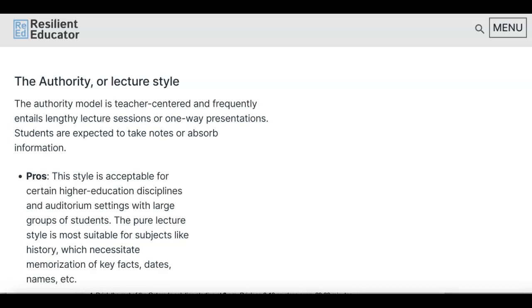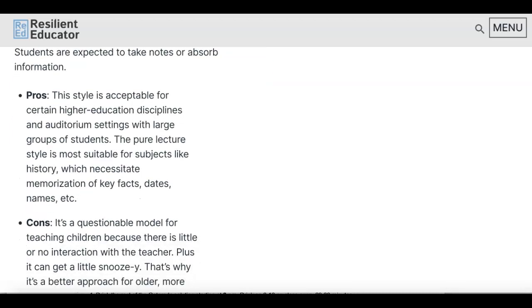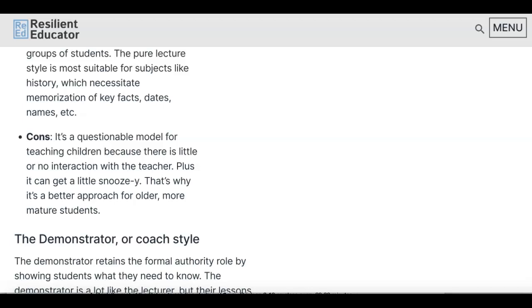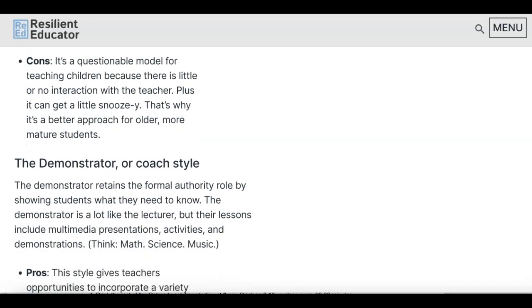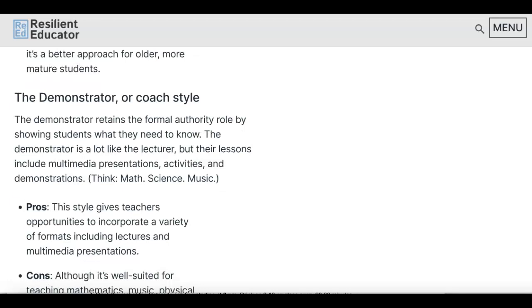And if you're really excited about having a more directed approach where you are lecturing to students and presenting content, and just really giving them that information for them to absorb, I really recommend that you study how to make this effective, because there really are students and situations where this is very appropriate, and this resource will help you understand what those are, what some of the cons of that are, and things that you should really be thinking about. Then there's the demonstrator,